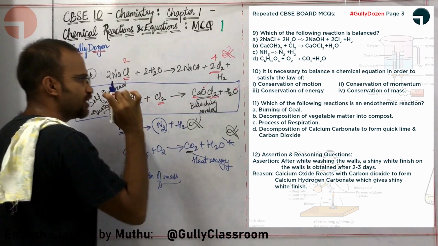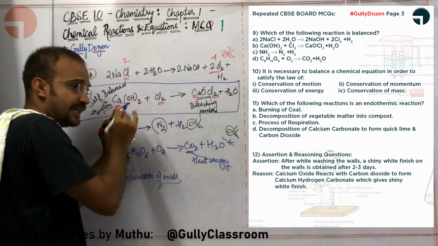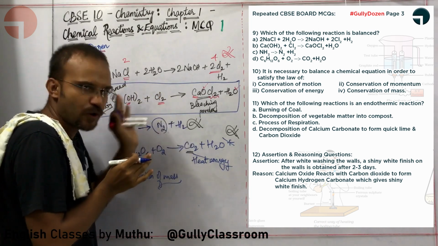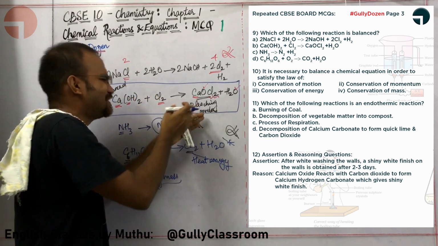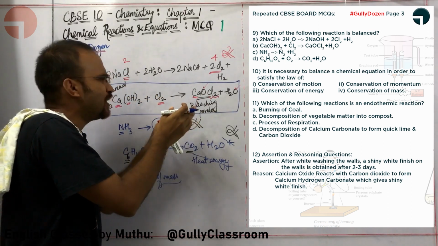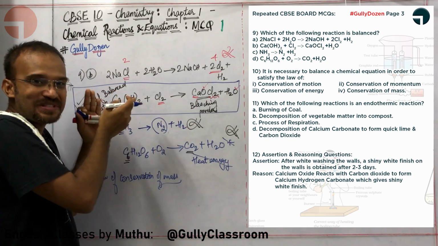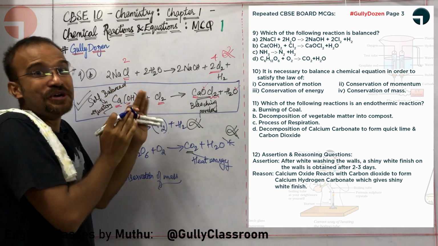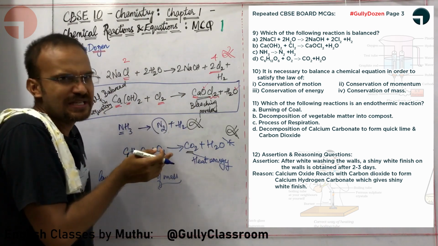The law of conservation of mass means whatever atoms are present in the reactant will always be present in the product. The total number of atoms in the reactant and the product will always be the same. They are simply rearranged for better chemical stability. That's basically a chemical reaction. The atoms in the reactant are simply rearranged into new molecules in the product. Why, sir? For chemical stability.